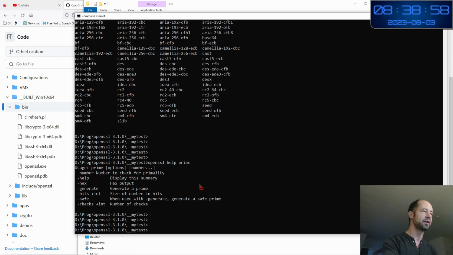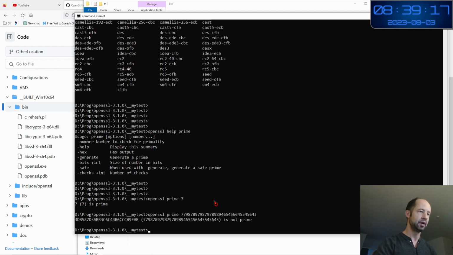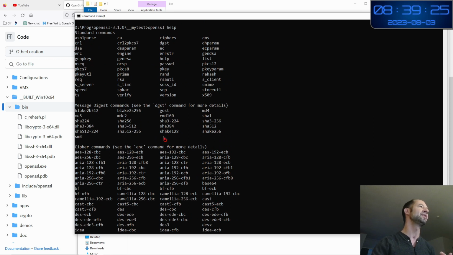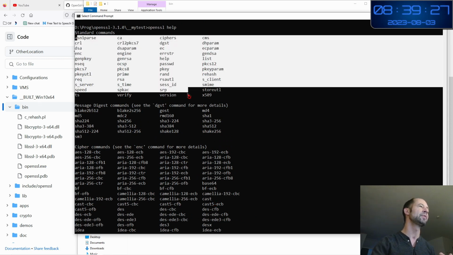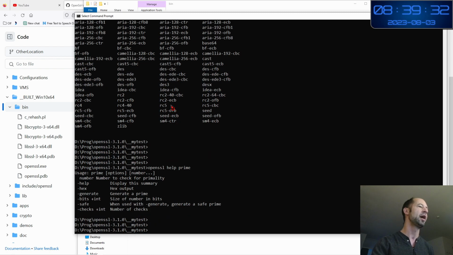So for example, say openssl prime 7, and it says 7 is prime. You can use it for bigger numbers like this, and here OpenSSL tells you that this is not prime. So what is important is to understand the different functions of OpenSSL which are available here, and how to obtain the documentation by prefixing the name of the function with the keyword help.